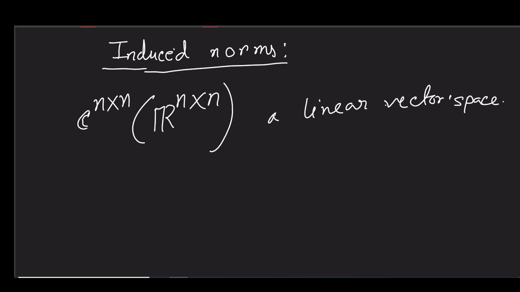Now, if we consider an element, a square matrix belonging to C n cross n, then we can define a rule for mapping. We can define a linear mapping